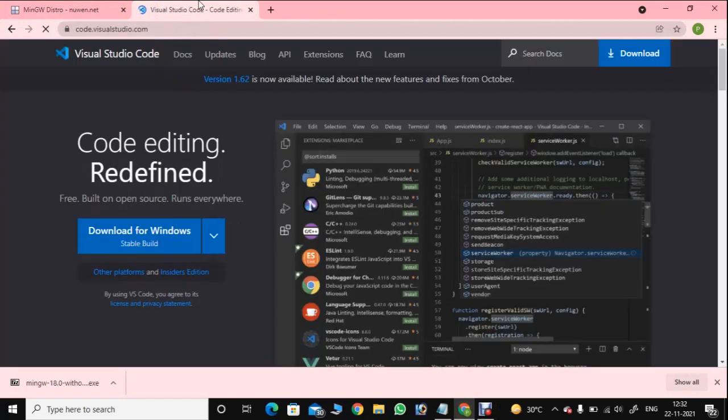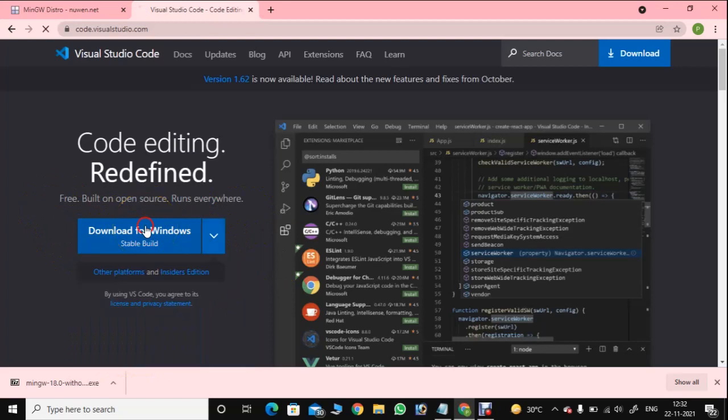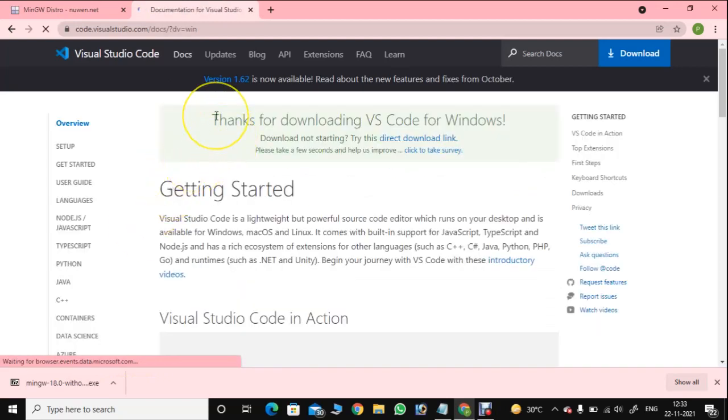Now the page has appeared, and just click on Download for Windows button, which is the most stable build. You can also download for Mac OS, Windows 64-bit and Linux 64-bit. So as you can see, it is saying that thanks for downloading Visual Studio Code, and the downloading will start soon.